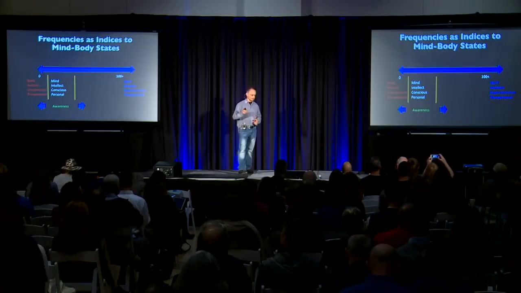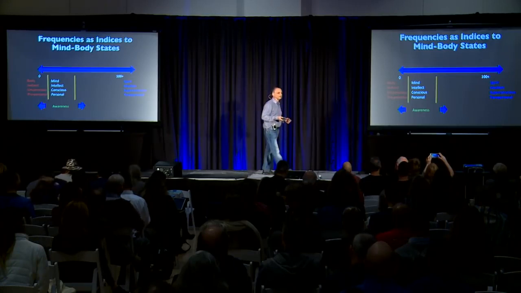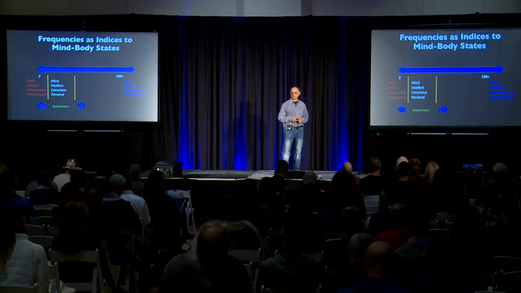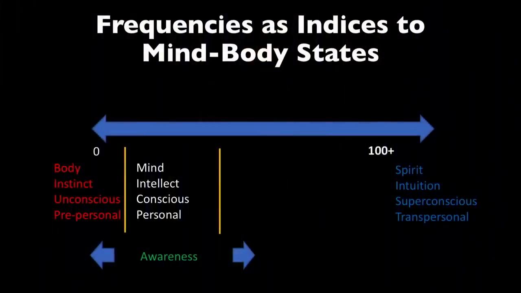So I was talking with Juan Acosta yesterday, and he told me he has been doing EEG maps on people having Kundalini experiences. And typically when they have a Kundalini experience, they show very high levels of delta and theta, which are in the low realm, from 1 to 8 hertz. So the increase in power at the low frequencies has to do with the body energies. And then if you go high, in the higher realms, we enter more the realm of feeling more transcendent, more expanded out of the body, and the more transpersonal realms. So we can think of different mind-body states in this context as a combination of different frequencies. This is a useful way to think.